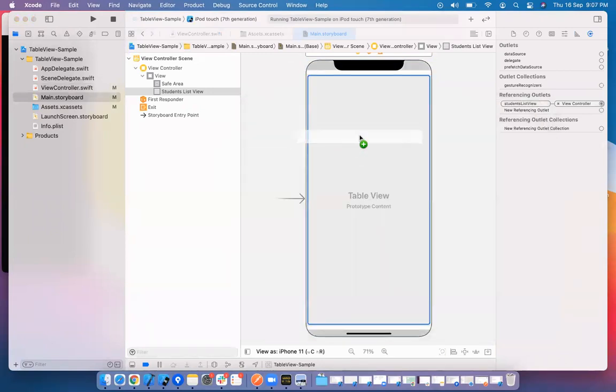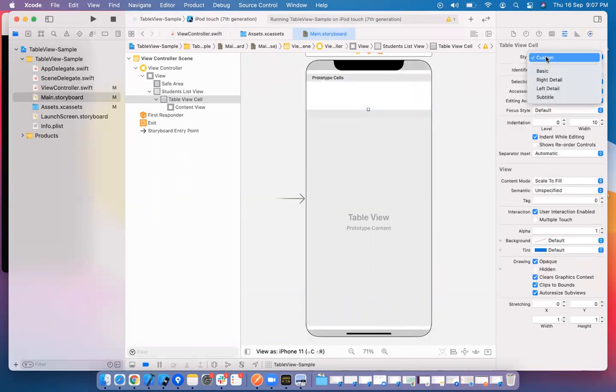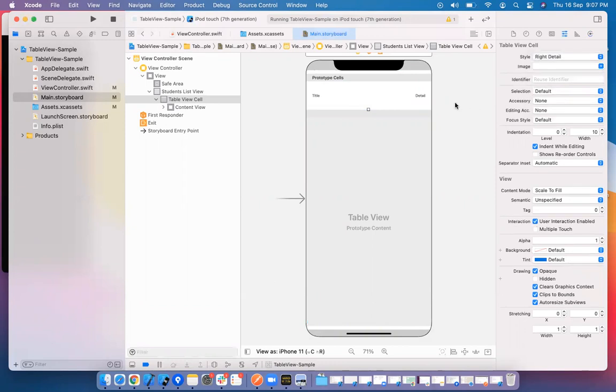Here the table cell has properties, right? Let's go and check the property. Style: right detail, left detail, subtitle. Now I see right detail. Title comes here. We have seen subtitle, right? This is subtitle. And we have right detail.